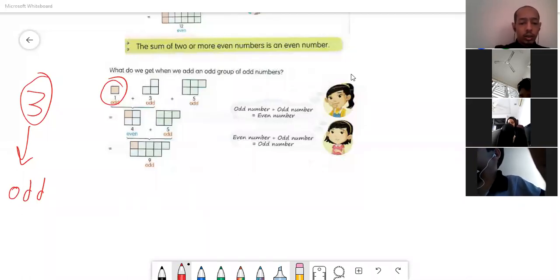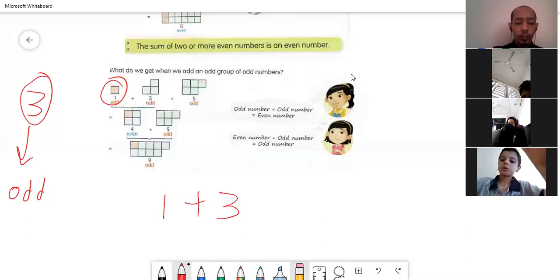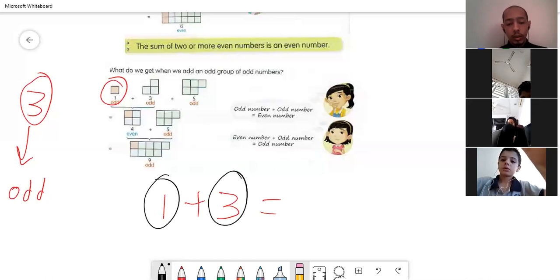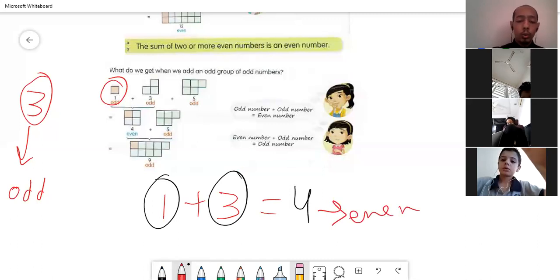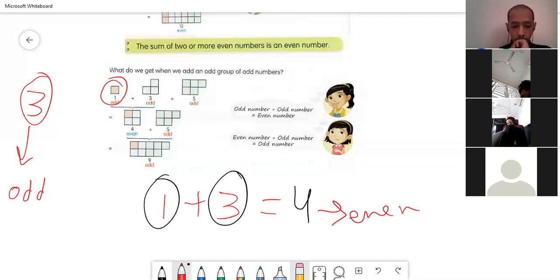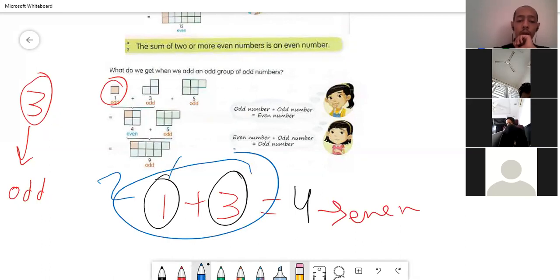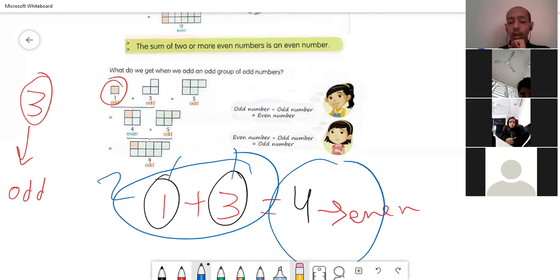Wait. Okay, guys. 1 plus 3. Guys, the 1 is odd and the 3 is odd. But the answer is going to be 4, which is what? Even. Why? Because we have 2 numbers to add them. Okay? Our group is 2. This is 1, this is 2. So an even number, adding